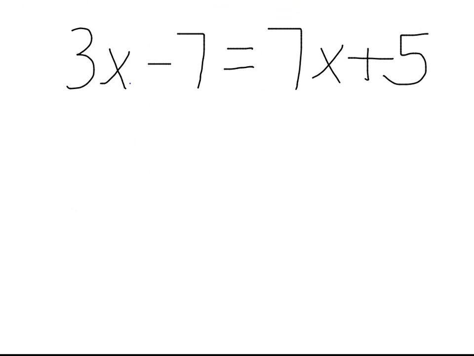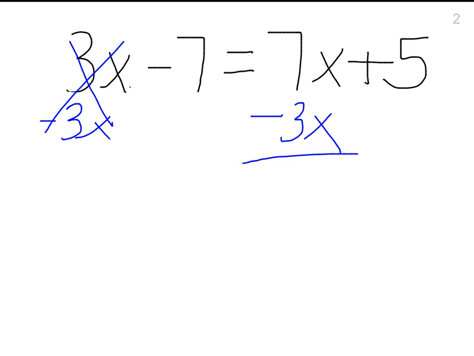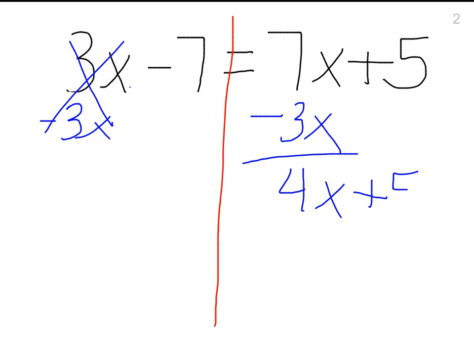Here is the other example that you're going to have. This time we see that the 3x is smaller than the 7x, so I'm going to move the 3x over to the right side this time. I'm going to do that by subtracting, so I'm going to write minus 3x under here, and then minus 3x under the 7x. That cancels this one out, leaves us with a 4x right here. Let me draw the line because some of you guys like that. There you go. And then I have the plus 5 left right here,